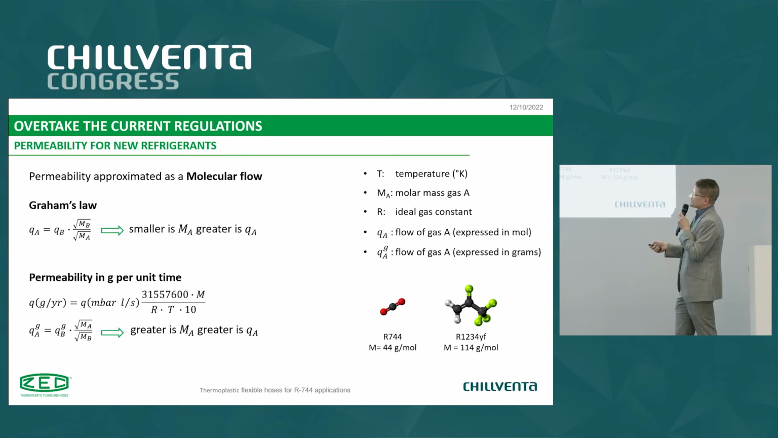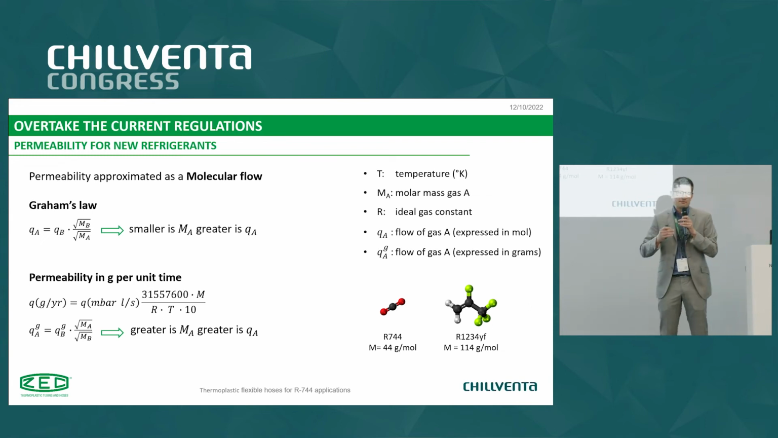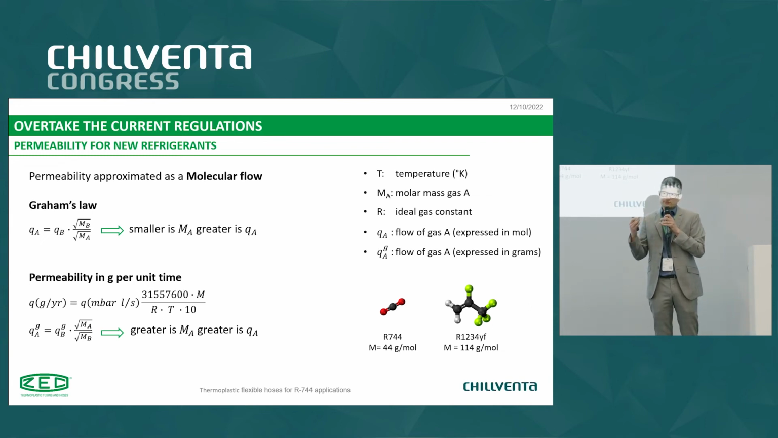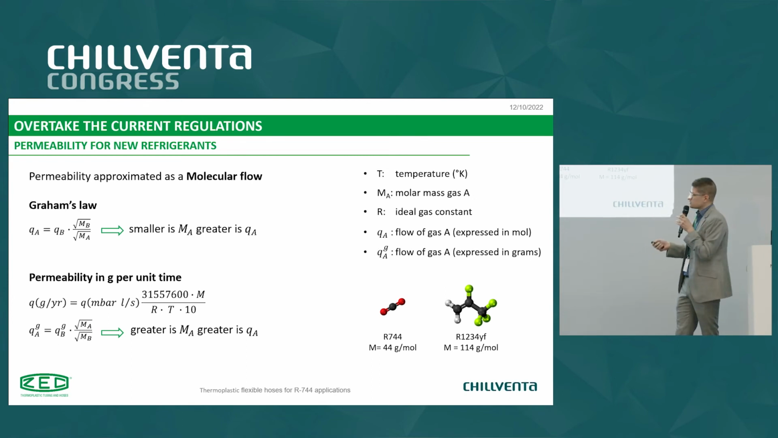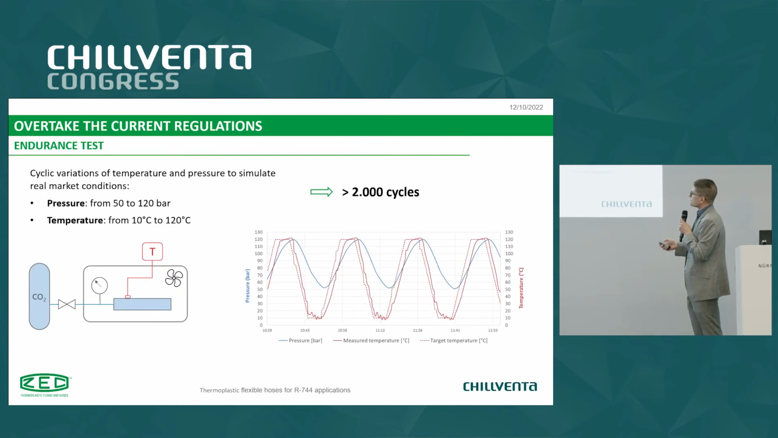We care about grams per year. So we can apply this formula, and we find out that if we express the flow in grams per year, the formula is inverted. This means that greater is the molecular mass of the gas and greater is the leakage. Because it is still true that the number of molecules per unit of time is higher if the gas is smaller. But a smaller molecule also has a lower molecular mass. And so,